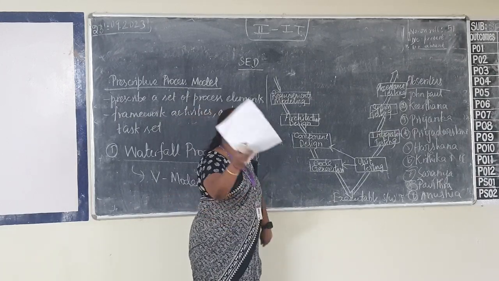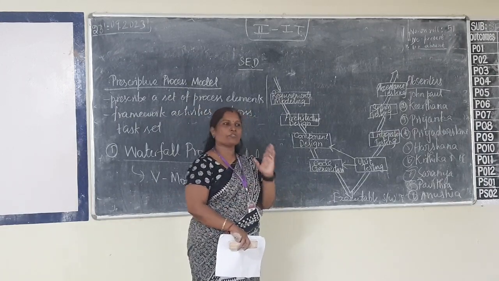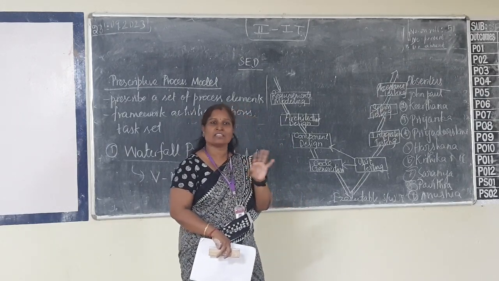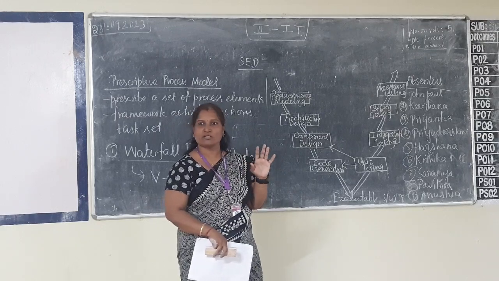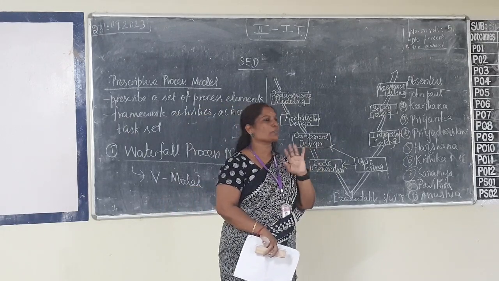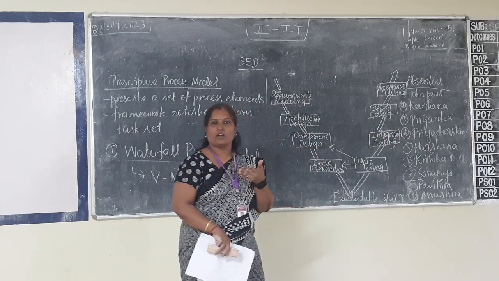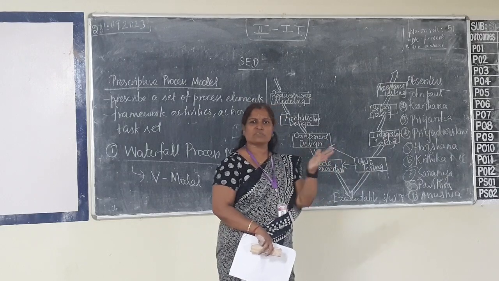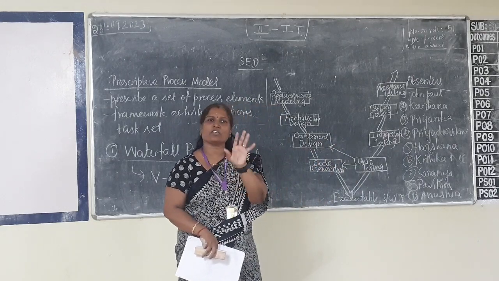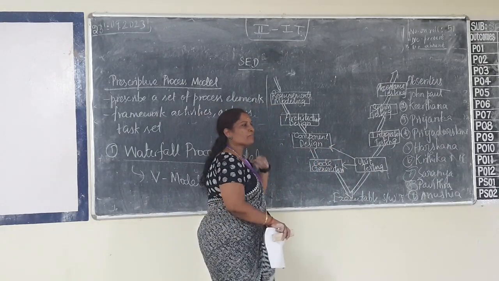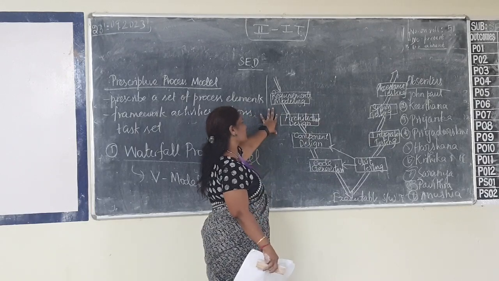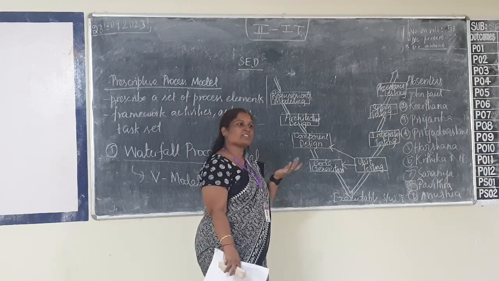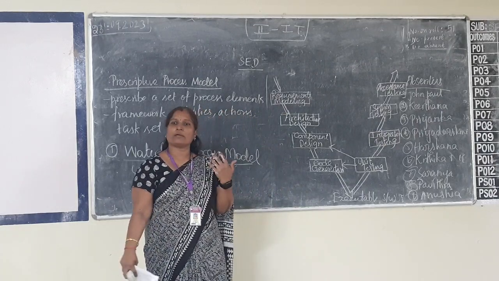Suppose you are planning to construct a building. First you draw how the building will look. But internal things we will not be able to mention at the beginning stage itself. This many rooms are going to be there, this is how the hall will look, and here the kitchen, bedroom, all the rooms will be compartmentalized. So architecture first. For any project, first architecture design, then component design, which components you are going to use. If it is a chair, I am going to use wood.